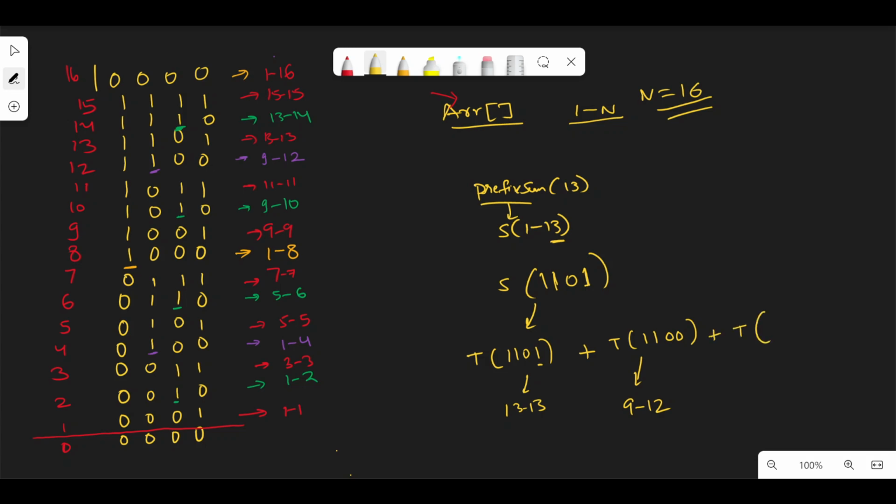Now you remove this one further, you go to 1000. What is this guy responsible for? 1000 is 8. It is responsible for everything from 1 to 8, right? And if you remove further, it becomes 0. 0 is not responsible for anything. We don't care about 0. So this is where we stop. And so you go from 1 to 8 and then 9 to 12 and then 13. So you actually get the sum for all,